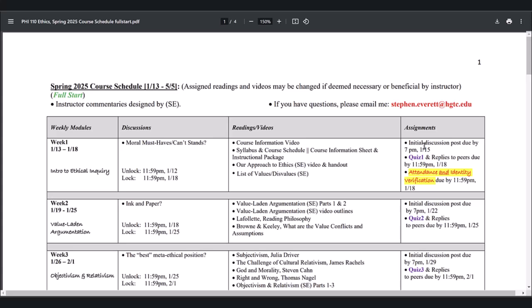Sometimes there's multiple questions with a discussion during a week. Then you give your reasoning for your answers. Then you do that by the middle of each week. Then by the end of each week, there are replies to peers. That's the second part of the discussion assignment, meaning that after you make an initial discussion post, you'll be able